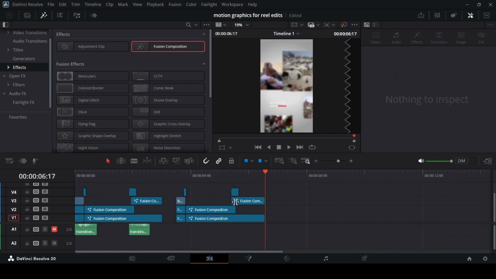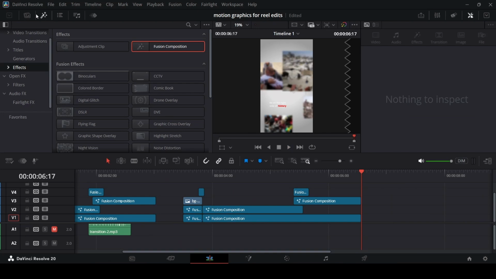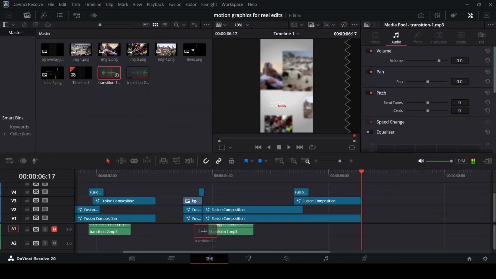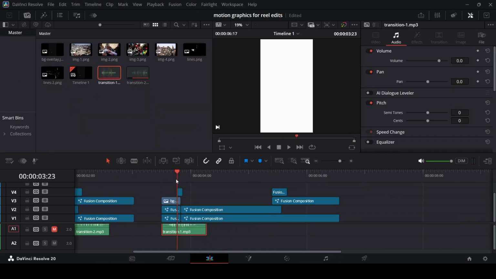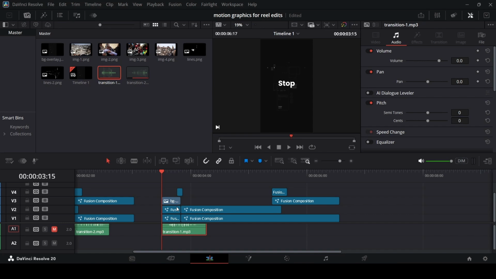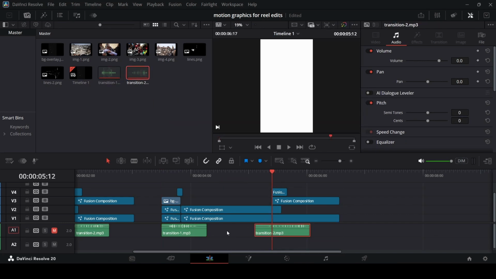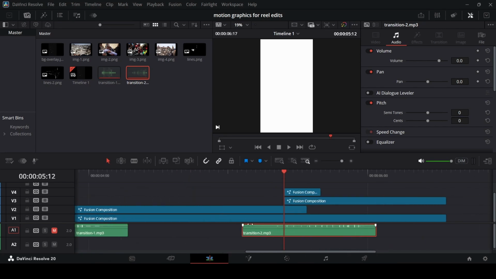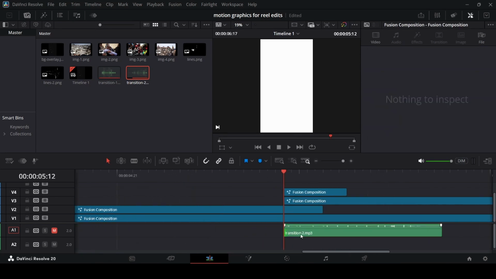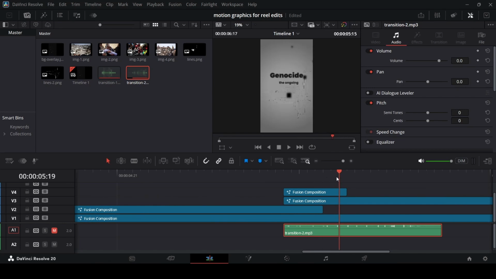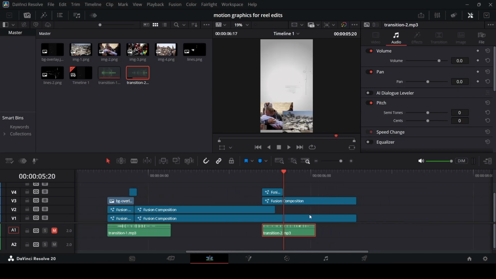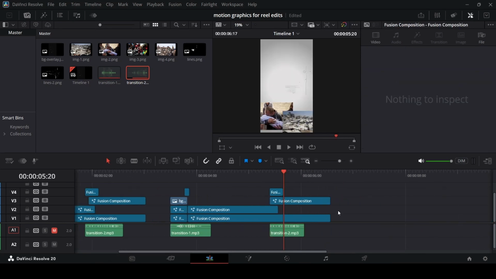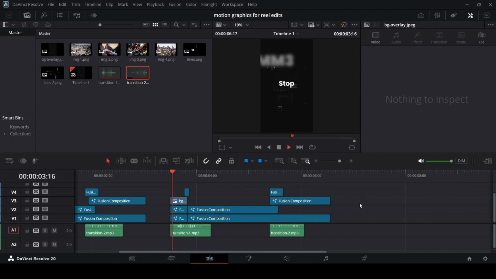All right. And finally, we're going to add our sound effects. So this transition 1, let's add this in right here. So I just positioned it according to how it works with the transition. You can just drag this in right where this starts. So right here at 1. And then for the second one, you can also drag this in. And right here where we have this fusion, you can just cut this right here up to this point, and that's it. This is how it will be. So now if we play this with the sound,